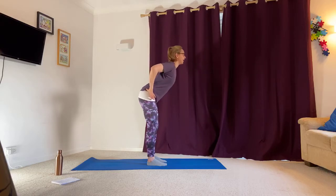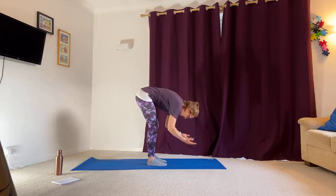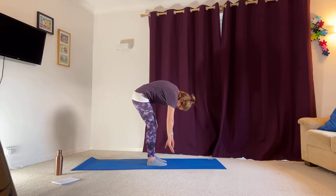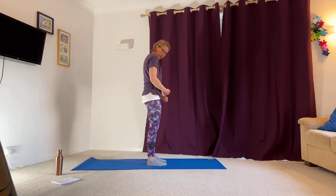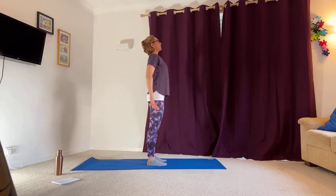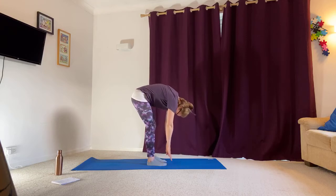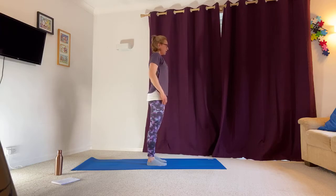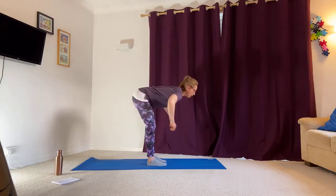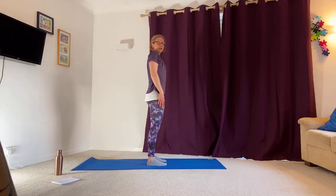So swan dive down, and then when you get to the bottom of your kind of flexion, which you're going to feel in your hamstrings, just allow the head to fall forwards. And then you're going to do a roll up. So by rolling up, what I mean is gradually, one by one by one by one, replacing those vertebrae on top of each other. So Pilates roll up. So it's a swan dive down, let the head come down, and then the arms remain kind of down, relaxed as you're gradually rolling up. So you're getting movement through the hips, and then mobility through the spine, keeping that core on the 30% contraction